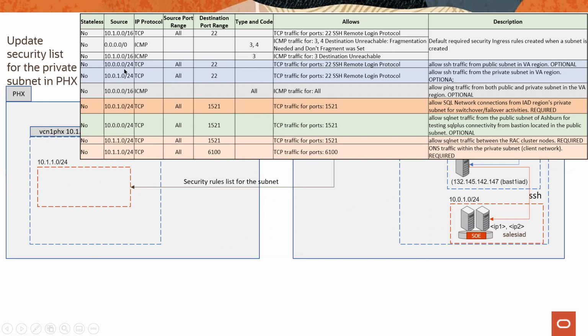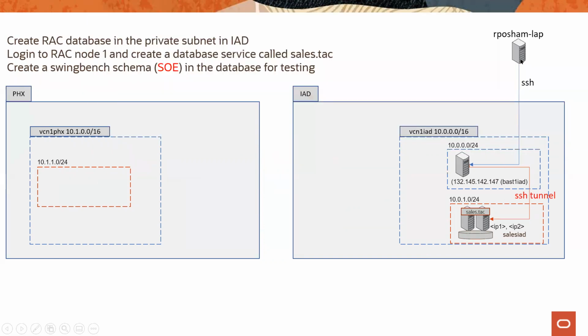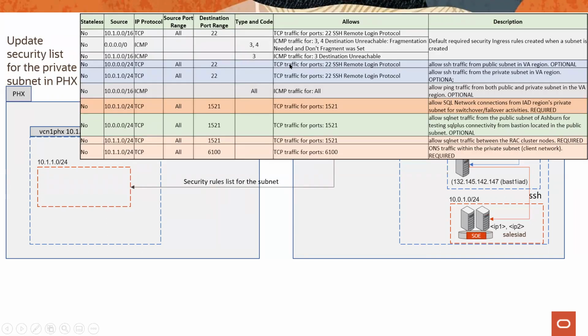For example, I want to be able to do SSH from this bastion here onto these resources. So that's why I had to set up this SSH rule to create SSH sessions on the RAC nodes on the Phoenix side. All right. And then this is for we need to set up